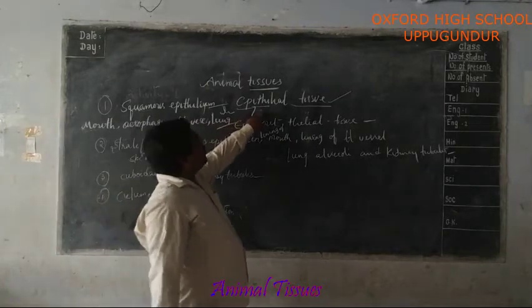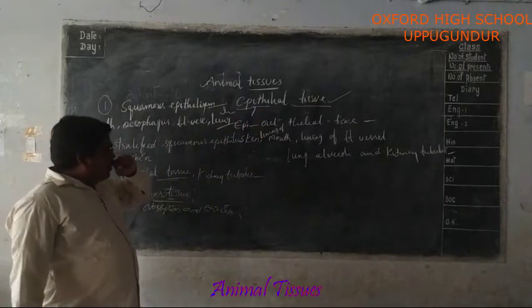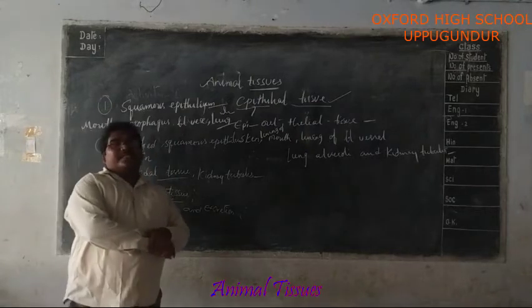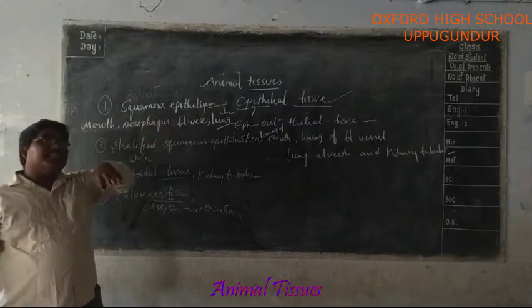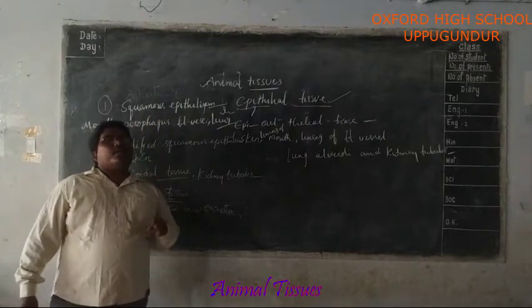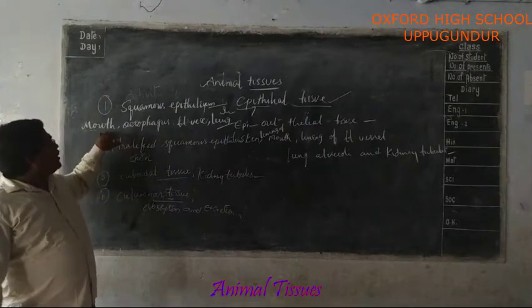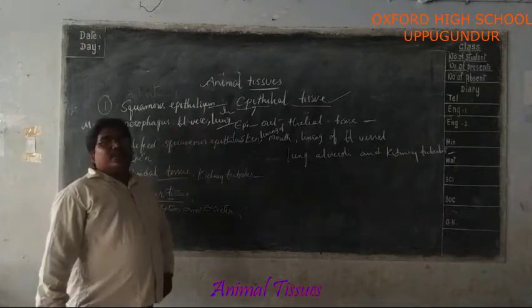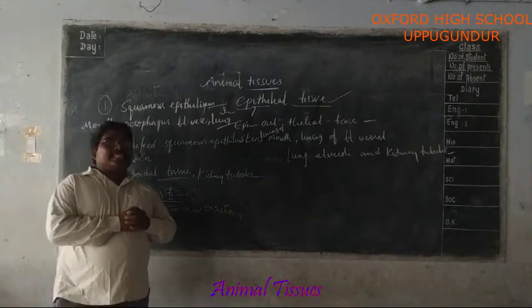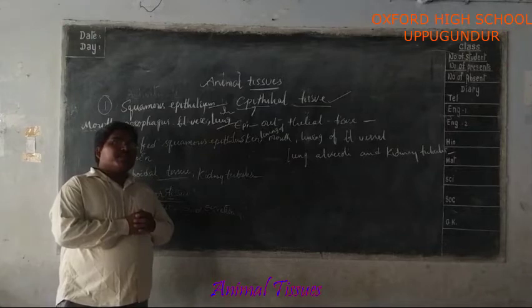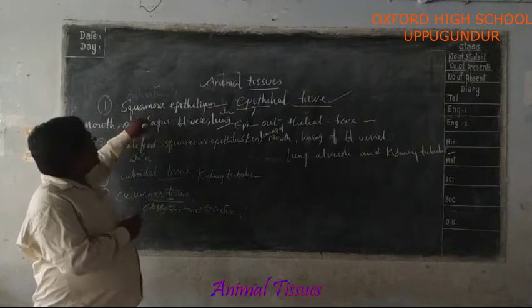Okay, epithelial tissue. Epi means outer, thelium means tissue. The tissue, on the basis of type and its function, has been categorized into these types. Squamous epithelium. Epithelial tissue which is extremely soft and flat and forms the delicate lining is called squamous epithelium tissue. It is present in the mouth, esophagus, blood vessels, lung alveoli, and also where absorption of materials takes place selectively through the plasma membrane. So that is squamous epithelium.